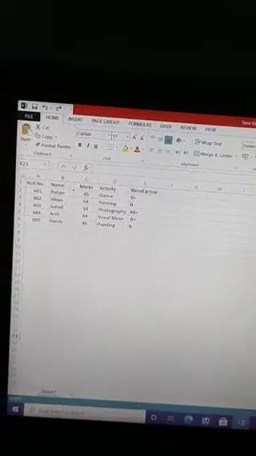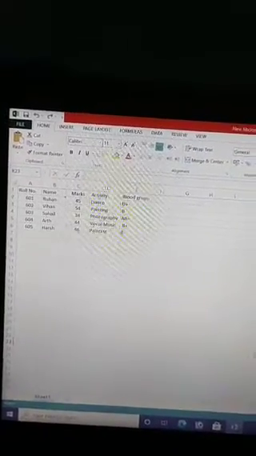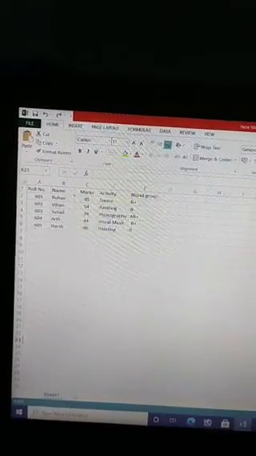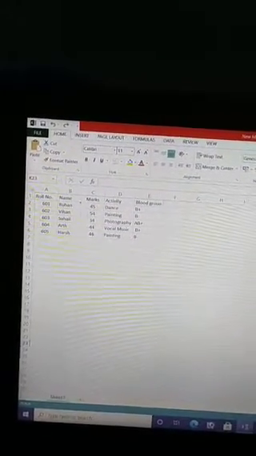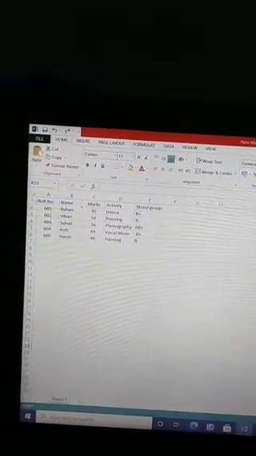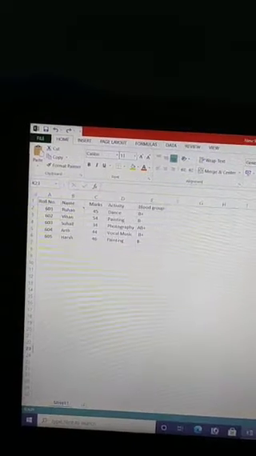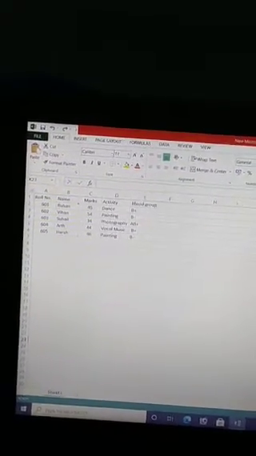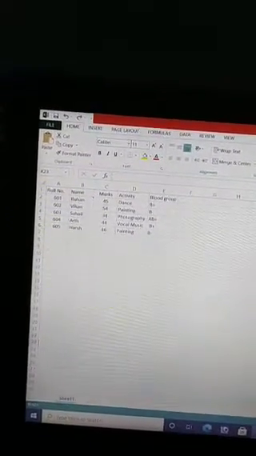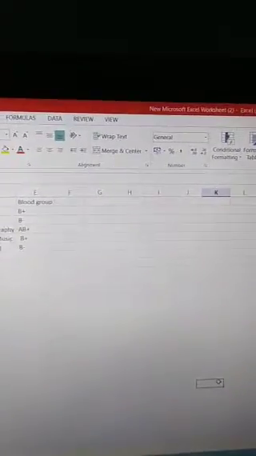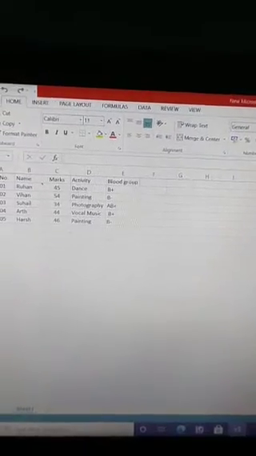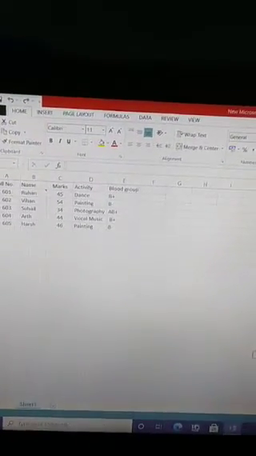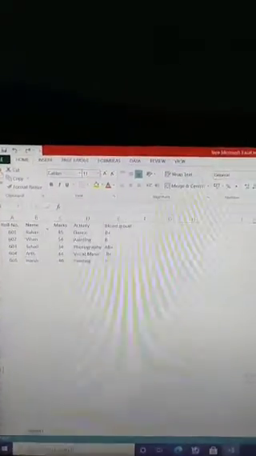The row height is measured in points. 72 points is equal to 1 inch, and the default row height using the default font and the default font size is 15 points.